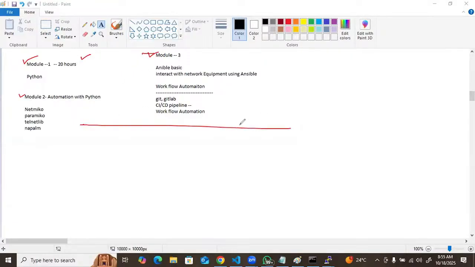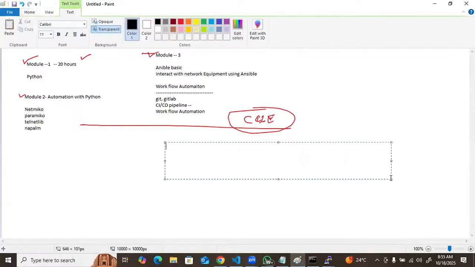Now, from the CCIE Enterprise Lab exam point of view, guys, there we need to learn NETCONF and RESTCONF. So that also we'll discuss, how we can interact with the devices using NETCONF and RESTCONF. And after that, there is one more thing that we need to cover, that is EEM script or applet, if you know. So that also we need to go through. We are going to cover applet scripts.